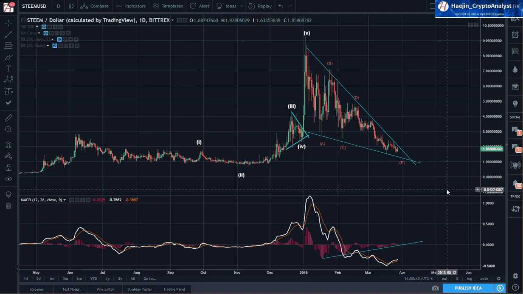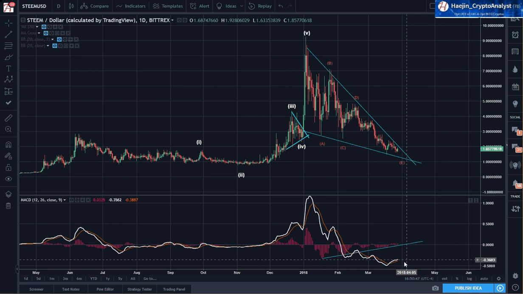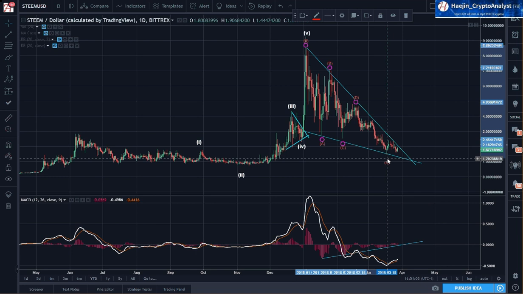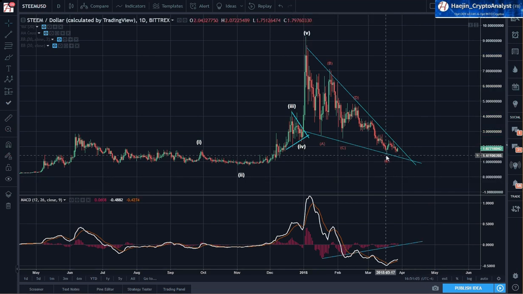So if we get one more lower low and we start impulsing out, that would be just ideal. Now, this MACD may dip down, but it may not generate a lower low, but the price will, and that will be a bullish divergence as well. Something else to look at and consider. Now, if this here was the bottom, and there's a potential for that, for the E, then what we need to see is price needs to impulse back out in the opposite direction, and that direction is up.